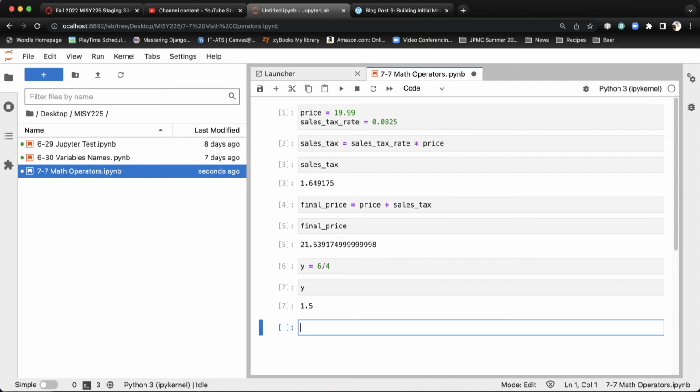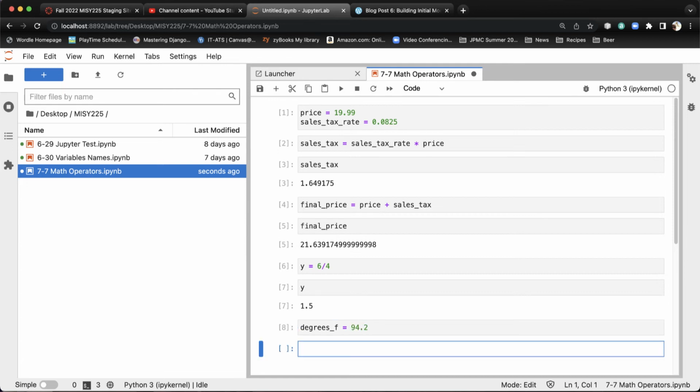In a real-life example, suppose I wanted to convert Fahrenheit to Celsius in terms of temperature. I could start out by saying the degrees Fahrenheit are, let's say today's a nice day, we'll say 94.2 degrees. And I'll put that into memory by hitting Shift Return. To calculate the degrees Celsius, I then could say degrees underscore Celsius equals 5 divided by 9 times the degrees Fahrenheit